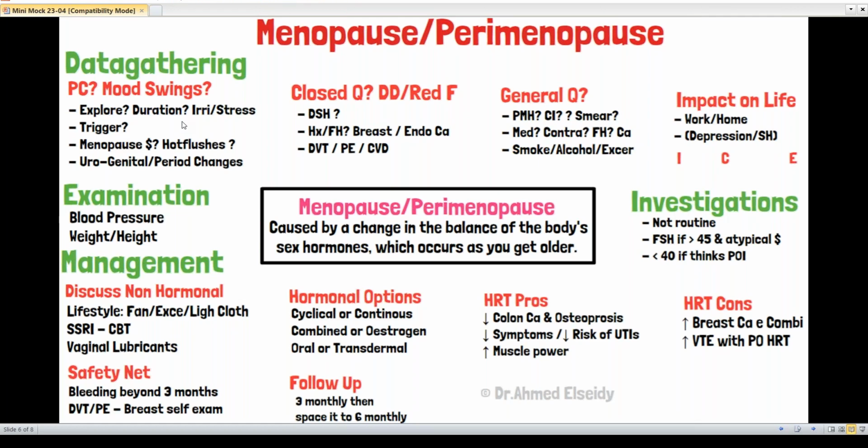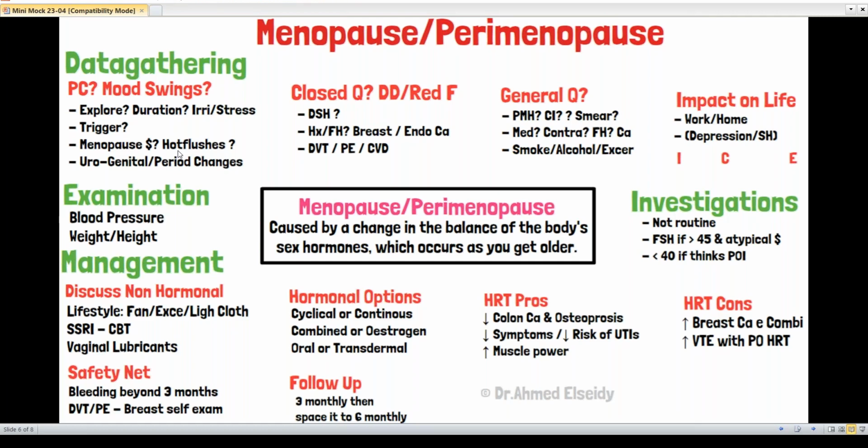And then she mentioned symptoms of menopause. What will be my second question in my presenting complaint? I always say in every mind map, we follow the same structure. The second step is asking about trigger. Was there anything triggering that at all? Yes, doctor, I stopped having a period 9 months ago. I'm not sure if this was a trigger or not. She's helping you. And then I finish my presenting complaint with other symptoms of the same system or of the same illness. I'm thinking about menopause now, so I will ask about other symptoms of menopause.